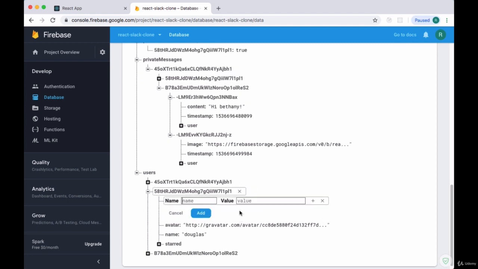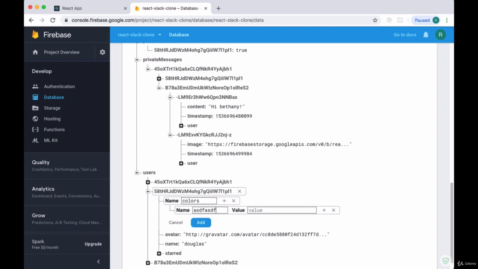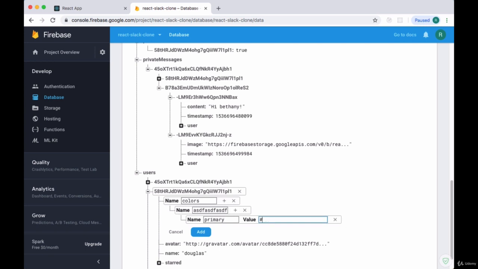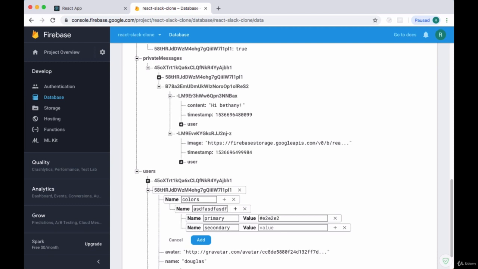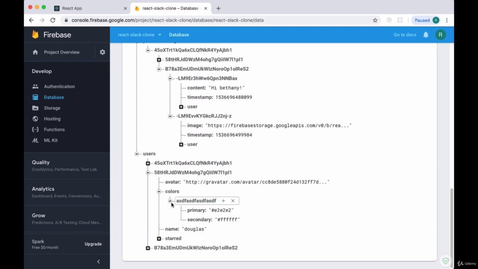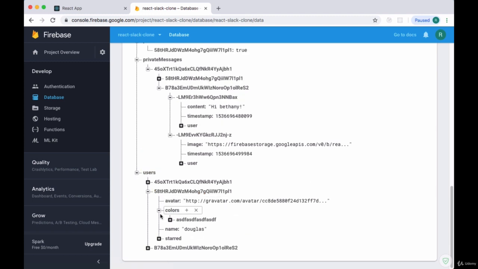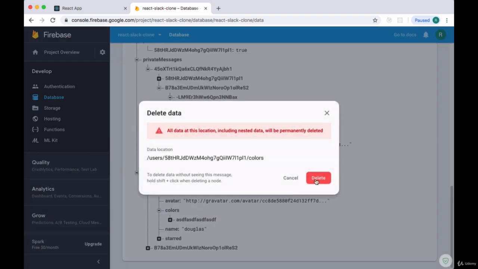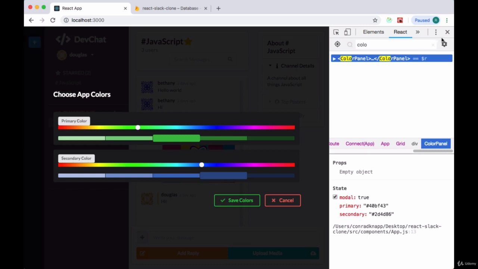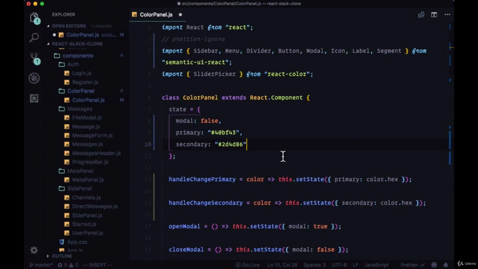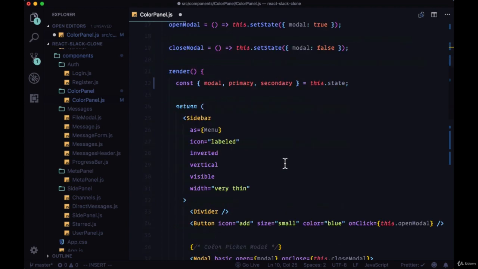And upon saving our colors by clicking on the Save Colors button, we want to create a colors property for our currently authenticated user, which will contain an array of unique IDs, and on them will be information about the colors that we chose: the primary color with its corresponding hex code and the secondary color with its hex code. So colors will be a new property on our user object, then our users collection. And to implement this, we'll head back to our color panel,